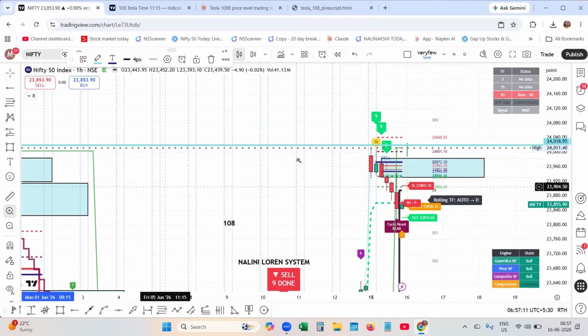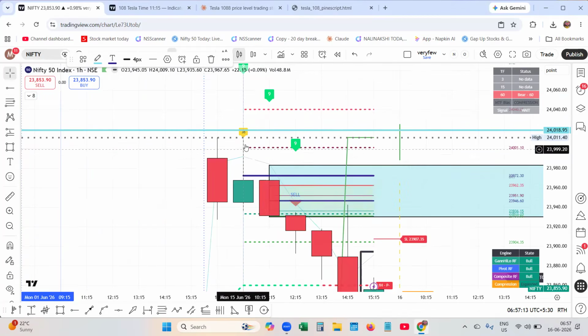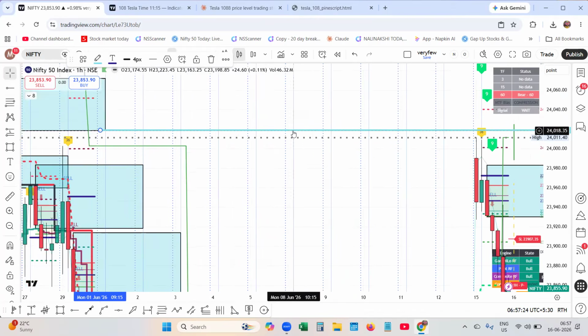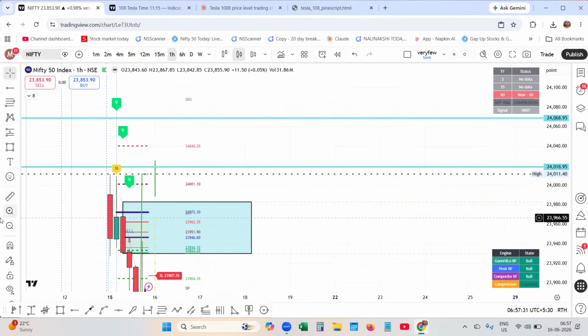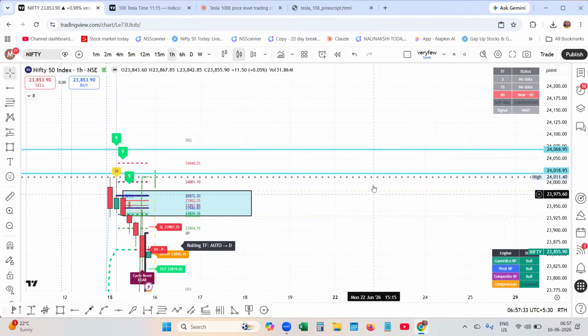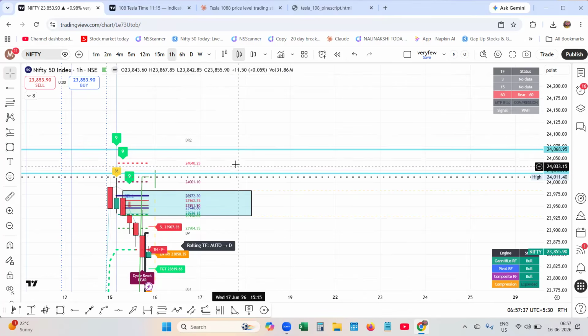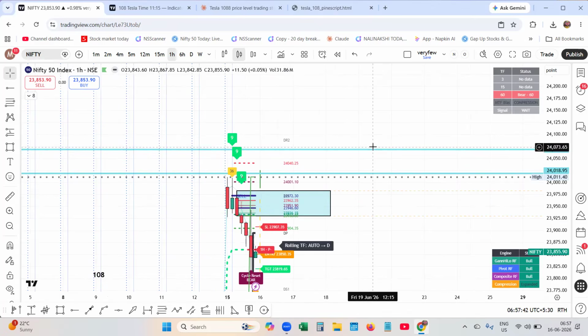Exactly, you can see the bottom of the Tesla line, the market did not go above it and got rejected over here. Then we can extend this Tesla zone to the right side. So for us, if the market starts trading above this level and goes up to this Tesla level,